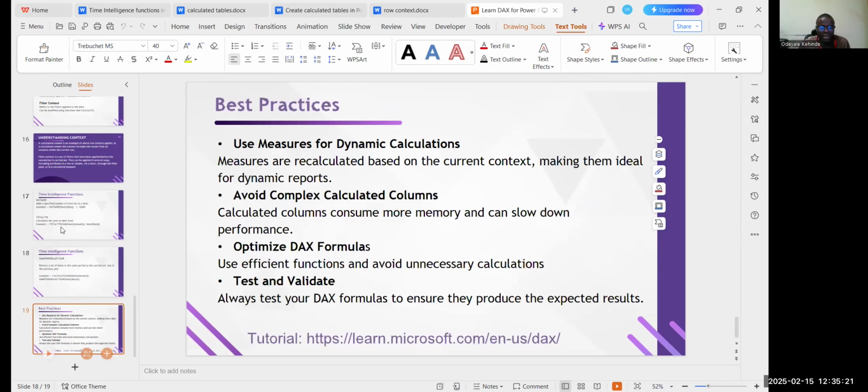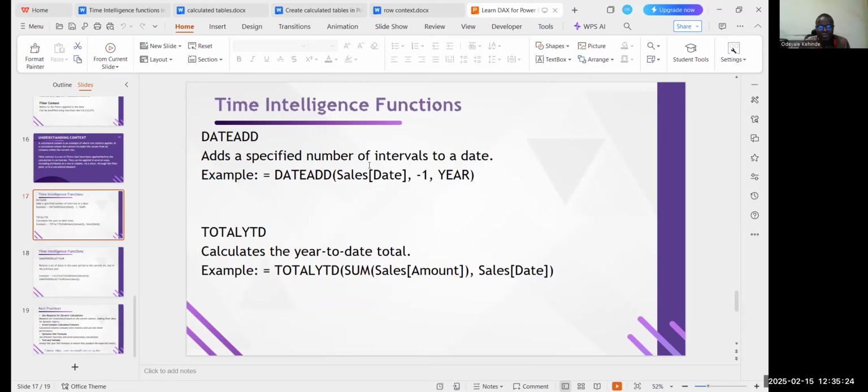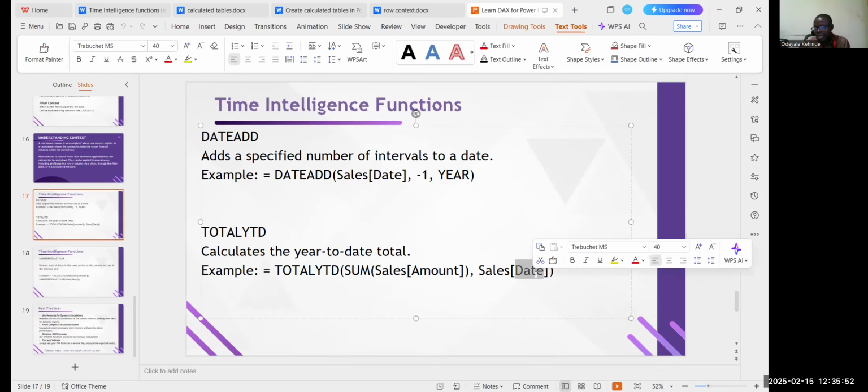We have another one, DATEADD. If you want to add one more year, to add a specified number of intervals to a date, we use this DATEADD function. Then TOTALYTD, total year to date. This one is going to calculate the sum of amount based on this date. So it will look at the date column in this data set and calculate